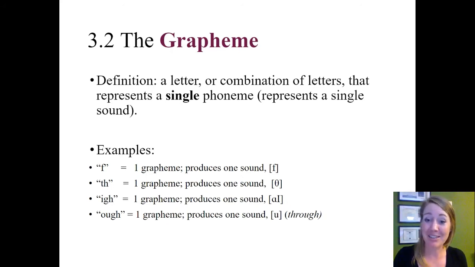Okay, but keep in mind, we can use a lot of different letters to spell the sound I, depending on the word it's in. But IGH is a grapheme. It's 3 letters, but it's considered one grapheme for the sound I in the word sigh. We can also have a grapheme that's 4 letters, so OUGH. Think about the word through, through. There are 3 phonemes in that word, and the last phoneme is oo, and we spell oo in that word with O-U-G-H. Okay, so when I say grapheme is an umbrella term, it's an umbrella term for